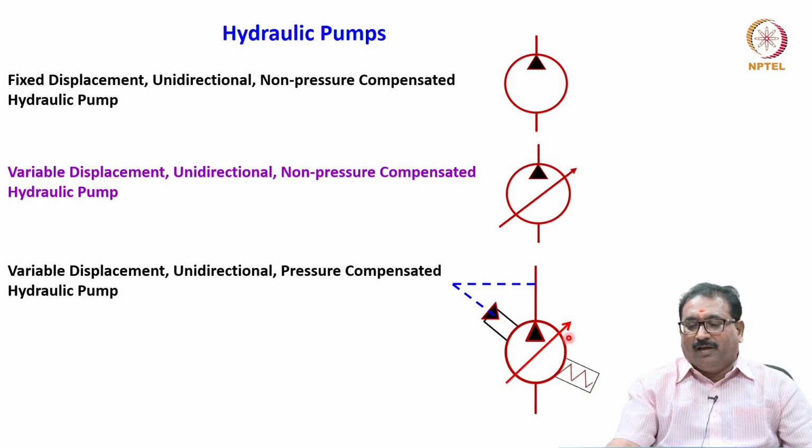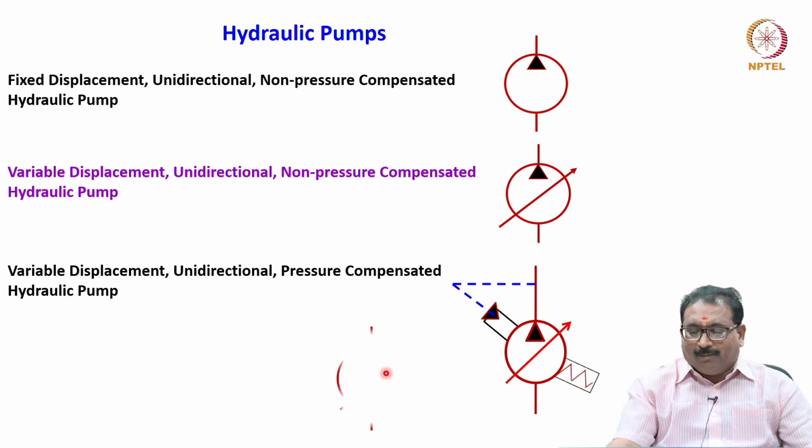Then what happens here, the outlet pressure of the pump is always monitored and used as feedback. As long as this is less, the pump is sending the flow to the outlet. When this is exceeded, what happens? This will push the moving element to make the flow 0 here. You will understand this if feedback is there from the outlet to make the flow 0 when the pressure exceeds the set pressure. They are represented like this.